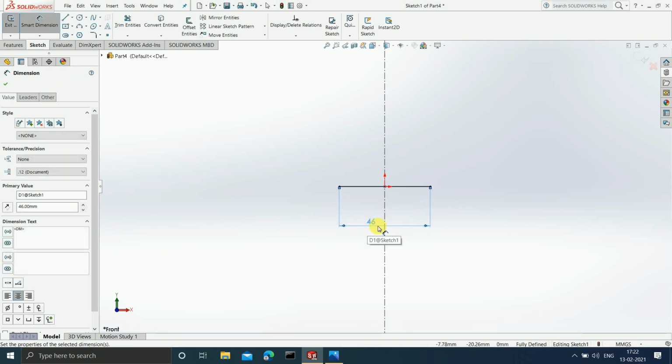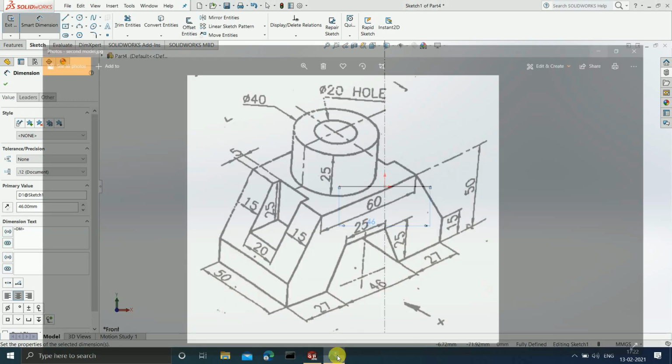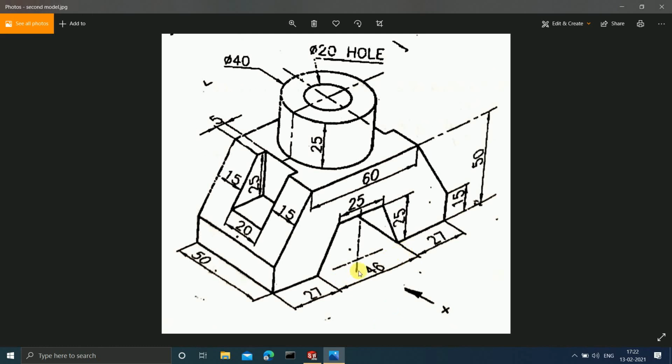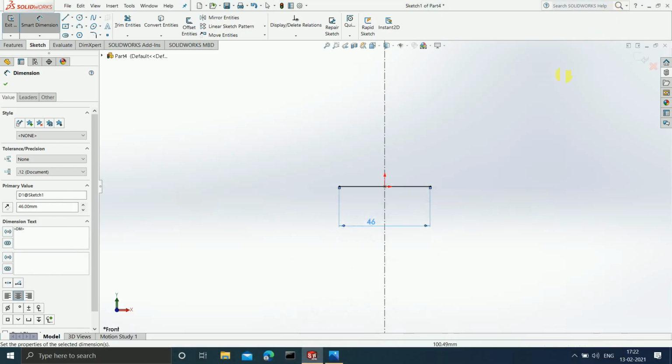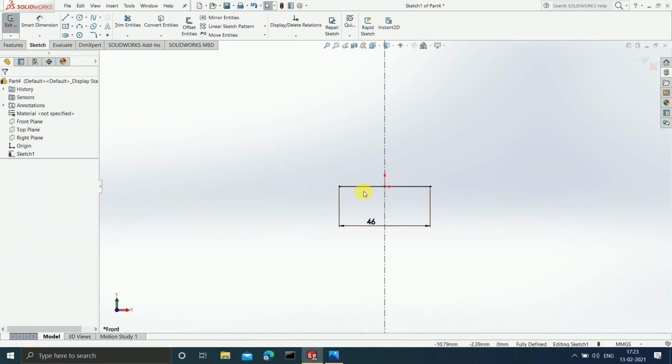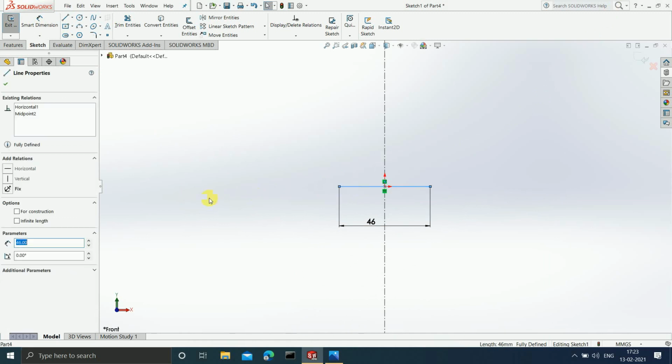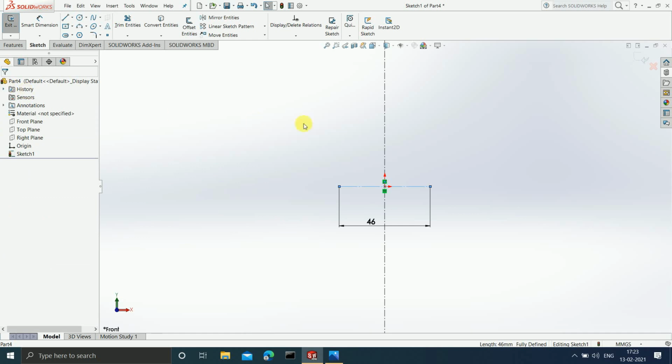Okay, now guys, as you can see, this is not an actual line. There is no line which measures 46 over here. We have just used it for our construction purpose. So for that, now we are going to convert this into a construction line. So first of all, click on escape so that the smart dimension command gets off. Then select this line and click on For construction. Once this is done, then click on OK.